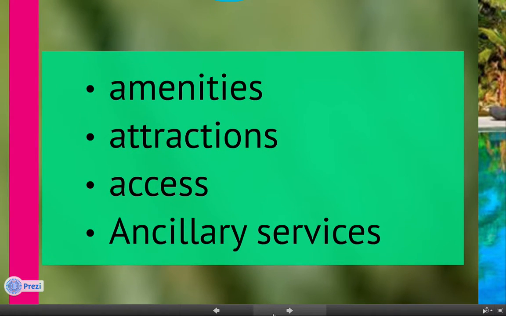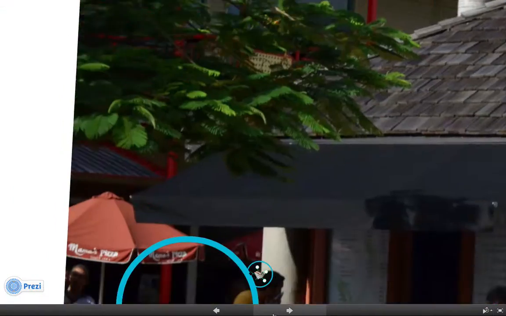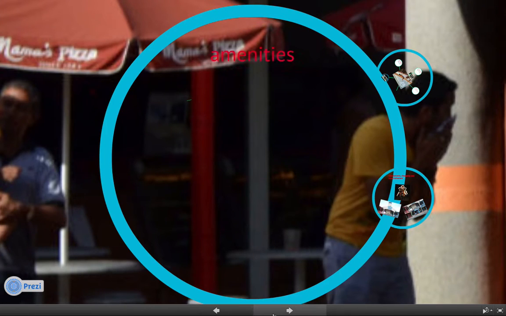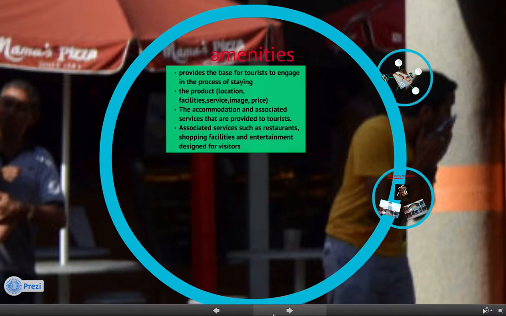We will look at the first component, which is amenities. So, some literature for amenities. Like I have previously just said, it provides the base for tourists to engage in the process of staying. However, the difference with